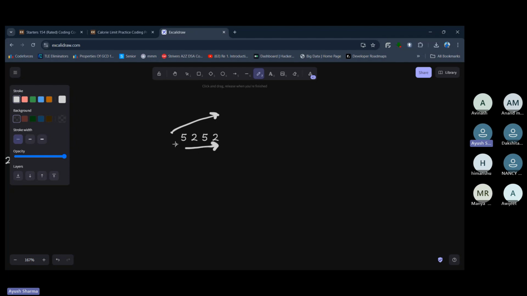He'll first eat this, and then this one. This simply means that you are given a calorie limit, that is your calorie budget. Let's say that is K. So the calorie budget is K. If you are eating in an order,